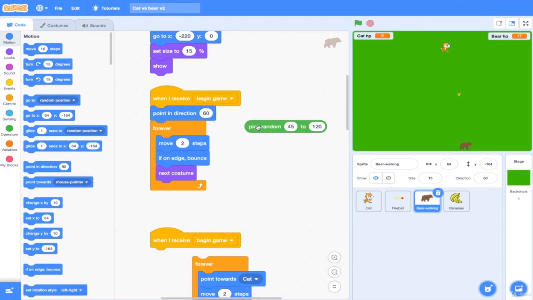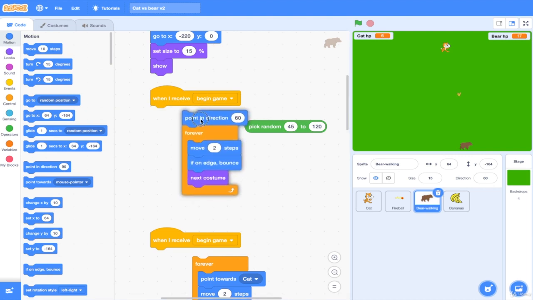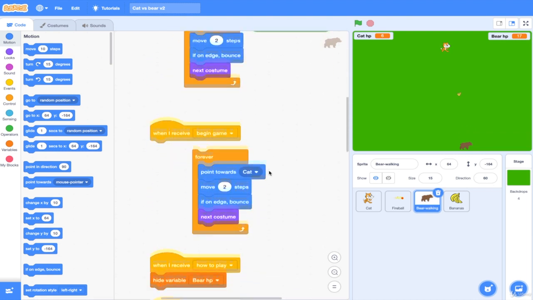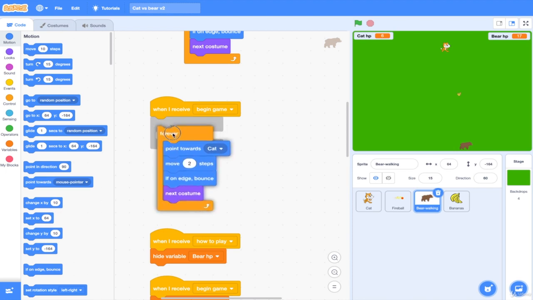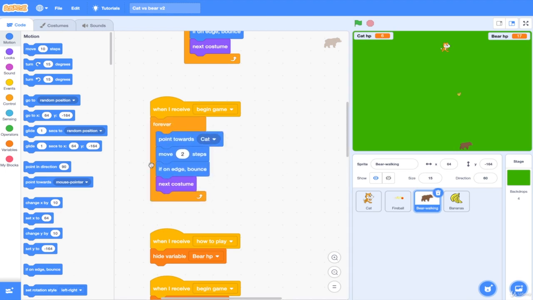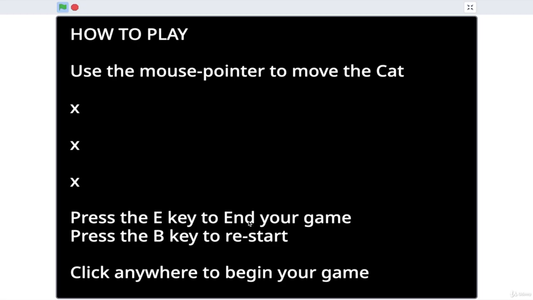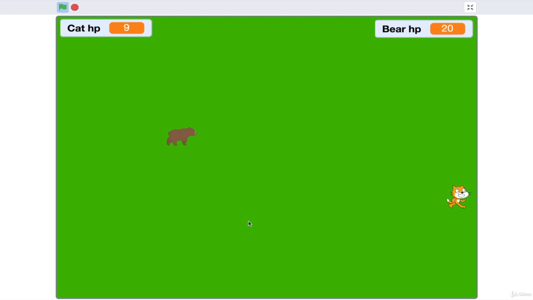Let's temporarily turn this algorithm off, and below it we have one in which the bear chases the cat. Let's put that one back on again, and let's just test this. Now you will see that we have a chase. And what's more, the bear is throwing bananas at us as it chases. If we hit it,